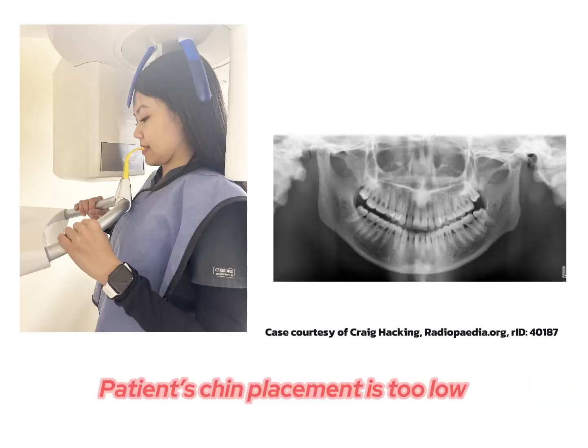Patient's chin placement is too low. Frankfurt plane downward error. The patient is positioned such that the chin is too low or tipped down, resulting in the mandibular incisor Jack-o'-lantern appearance. A loss of detail in the anterior apical region occurs. The mandibular condyles may not be visible. An exaggerated smile line, curved outward, is seen on the image. To correct this error, the clinician must carefully position the patient so that the Frankfurt plane is parallel to the